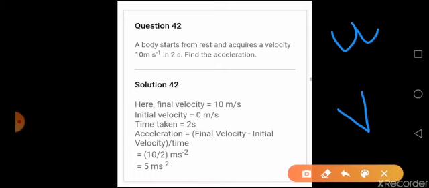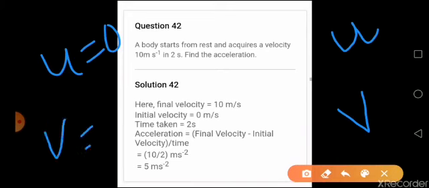Now second point you have to remember is that in your questions, to find out what is u and what is v, either both numerical values can be given, or in some cases to find u and v you should keep 2 points in your mind. That is, whenever a body starts from rest, u will be equal to 0. Whenever a body starts from rest, initial velocity u will be equal to 0. Now the next important point is that whenever a body having some initial velocity, after some time on applying brake or somehow if it is coming to rest after some time, v will be equal to 0.